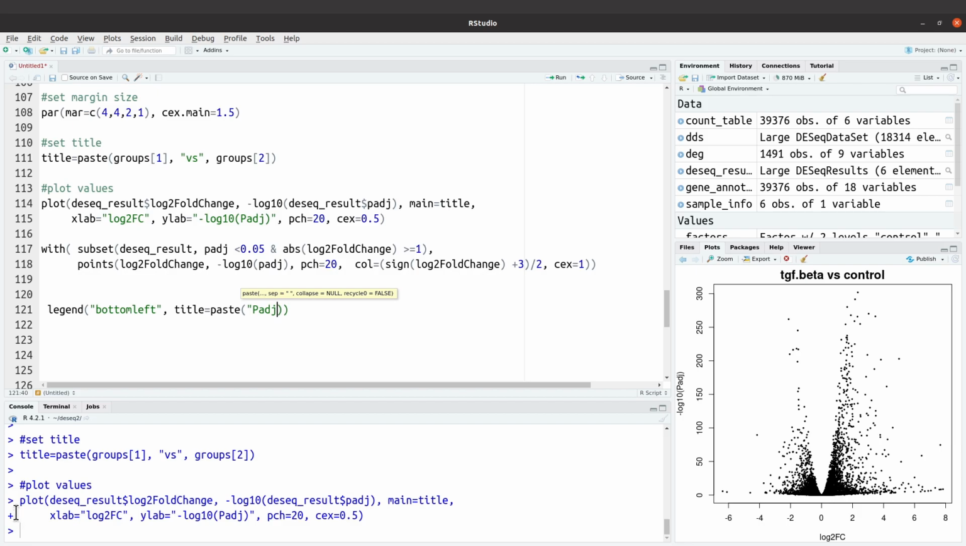Right, PADJ. It should be in double quotes or single quotes. Any of them is fine. I repeat, this should be in double quotes or single quotes. Any of them is fine. Then we say less and we bring our double quotes again. So this one, we are combining that with